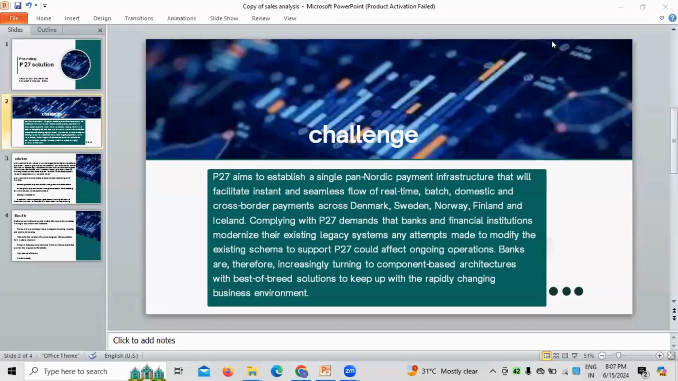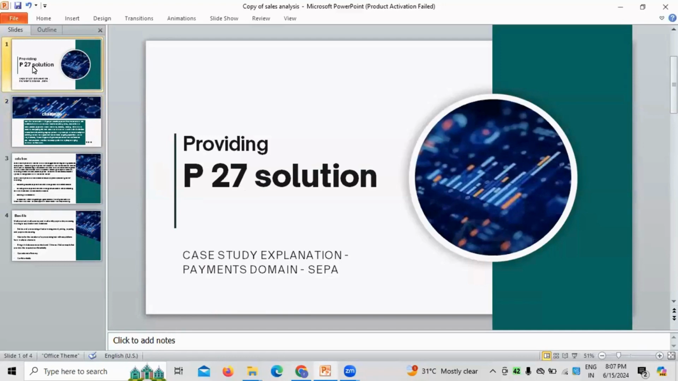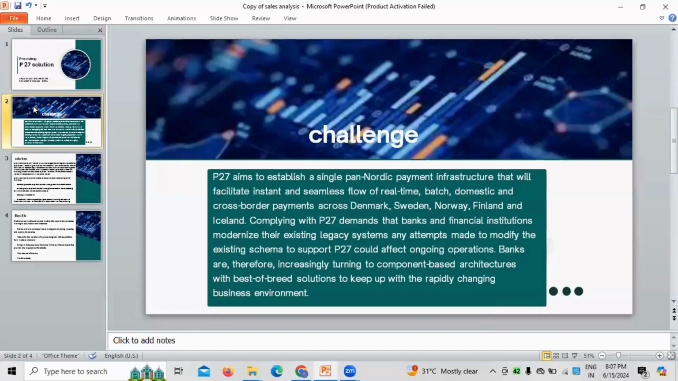Right. So this case study, what we have taken is a case study in context to the P27 solution implementation in the payments domain in context to SEPA. Before I explain SEPA, or before I explain the P27 solution, let me give you a high-level understanding about payment transactions first, because whenever we work as